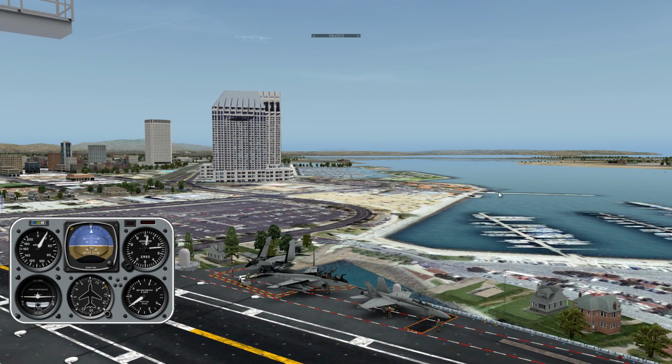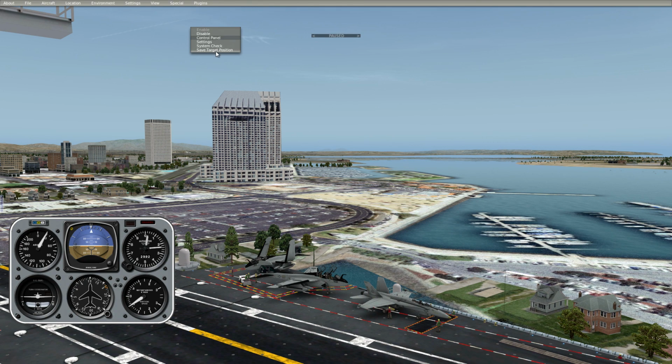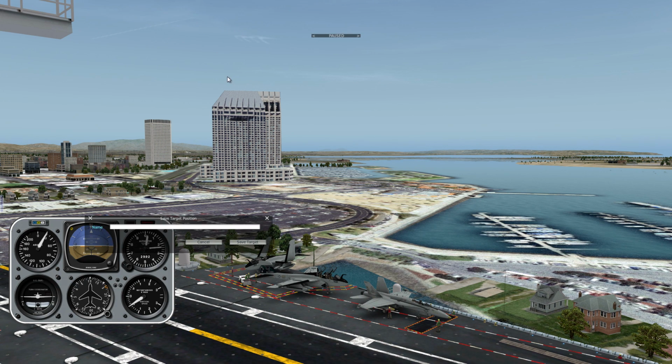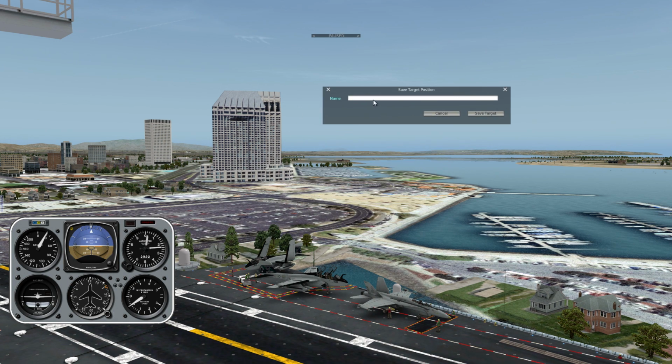And I got that thing pretty well placed. And then I'll just come up here and I'll say X camera, save target position. Now, what's interesting is that X camera realizes that it's basically saving a target position based off of a free camera. So what it's really doing is looking exactly at what those free camera coordinates are, you know, the latitude, the longitude, the exact elevation, and it's going to allow me to save that target under a name. So I'm just going to save it here as a